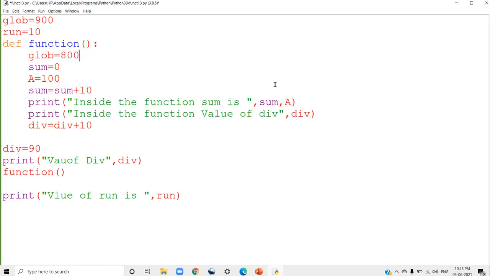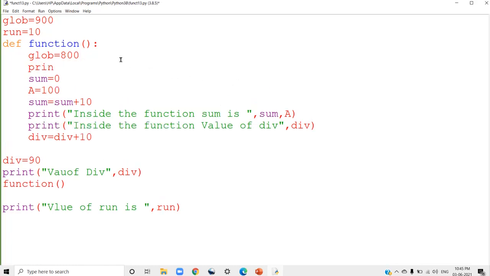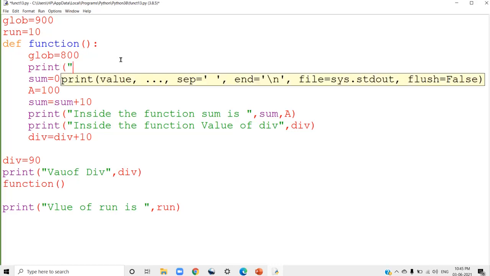You just try to display that value. Print inside the function, value of glob.